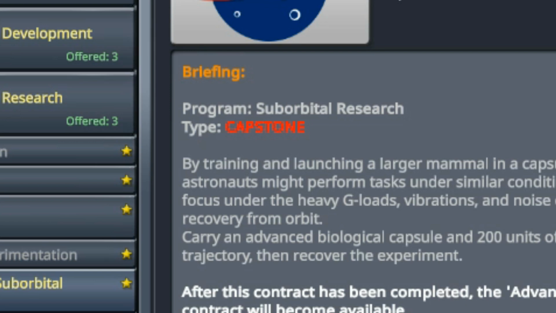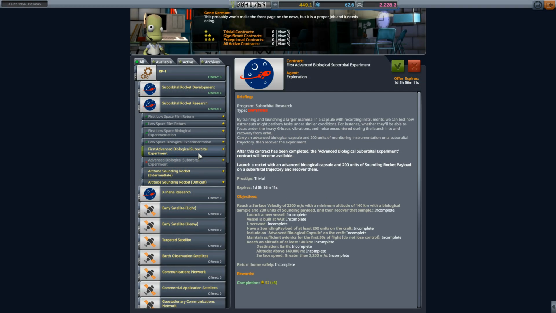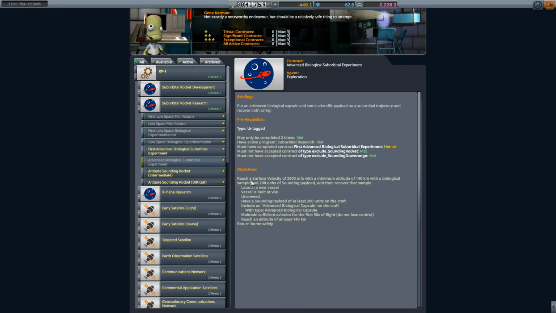contract for the program. Either way, the contract requires me to build a craft with the advanced biological capsule and 200 units of sounding payload and get it to an altitude of over 140 kilometers with a surface velocity of 2,200 meters per second. The other contract is very much the same, except you need a surface velocity of 2,800 meters per second. The thing is, the advanced biological capsule isn't due to be unlocked for over a month, so